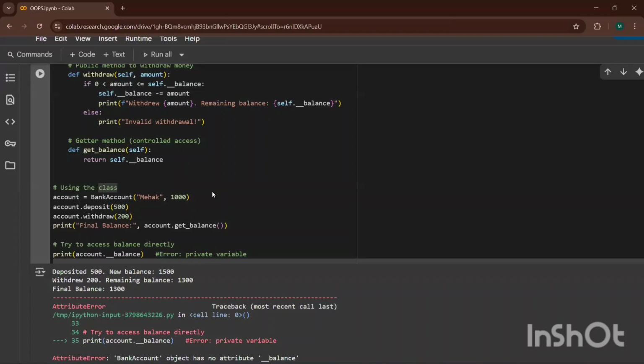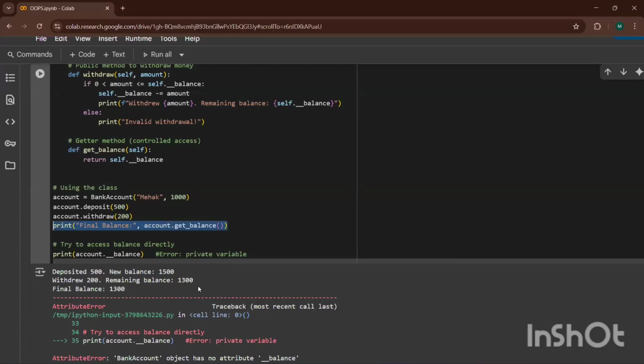Ma'am, in that getter method, you are using get with only one underscore before balance, right? Not double underscore? No, double underscore before balance. Before define, get, double underscore. That is a name only. Inside you can use double, triple, anything. Before starting, you have to use double. With the help of get balance, you are getting the remaining balance. Directly, I cannot access this balance.